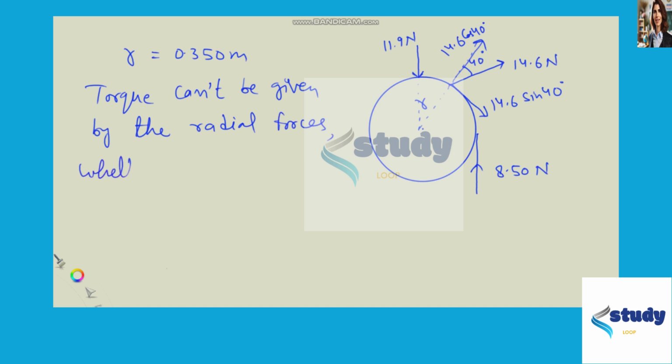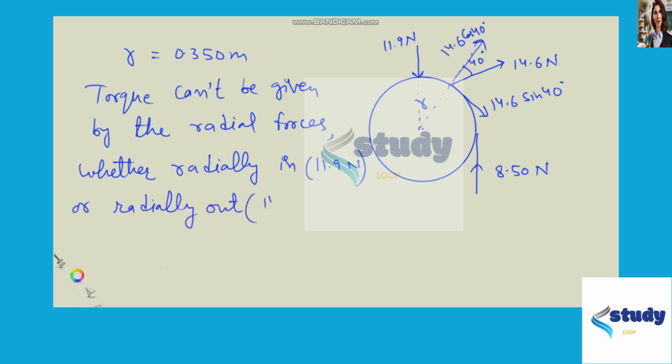Whether these are radially in, for example 11.9 Newton, or radially out, for example the component of the 14.6 Newton force, which is 14.6 cos 40 degrees. So the two torques here: the torque created by 8.50 Newton, tau 1, will be 8.50 Newton